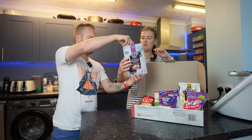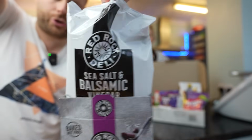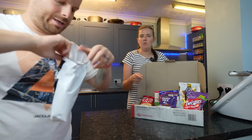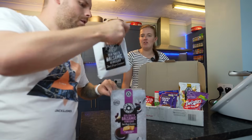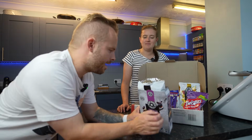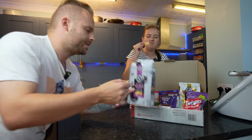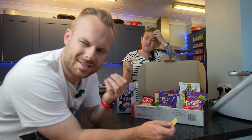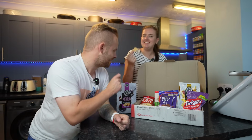Would you like to show them what they look like? So here is the packet. Are they salt and balsamic vinegar? Sea salt and balsamic vinegar. We might need that box for when we decide. They do smell very vinegary, I think. Yeah, but they don't smell like our balsamic. Hang on, I'm going to get one out. Smell the pack. They do just smell vinegary. It's kind of a musky vinegar. Ours are quite a sharp vinegar, but that smells quite...